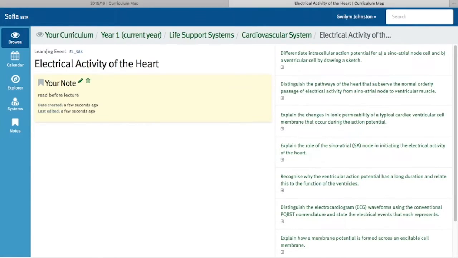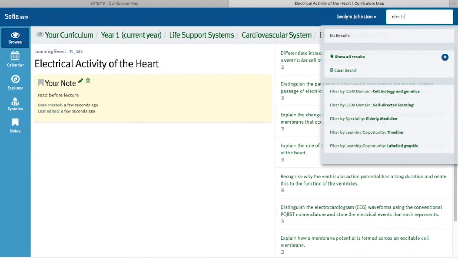If you then click on the name of the page that you've made it on, it then takes you straight back to that page, and again you've got all of your learning outcomes. Now you can also use the search function in this view. So if I wanted to search for electrical,